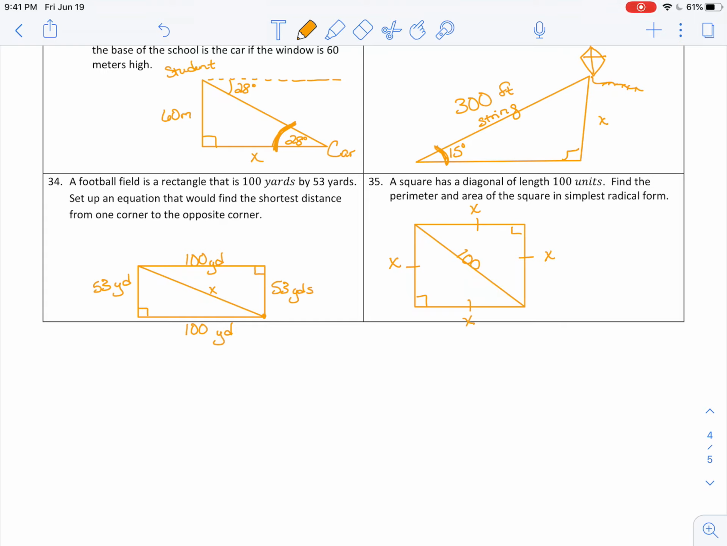I'm going to find the perimeter and the area in simplest radical form, which you can't do until you find x. So your goal should be: what does x equal? And then how do I find perimeter? How do I find area? Those answers will be on the answer key, but I wanted to kind of set